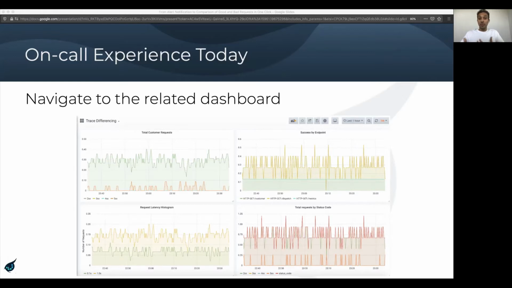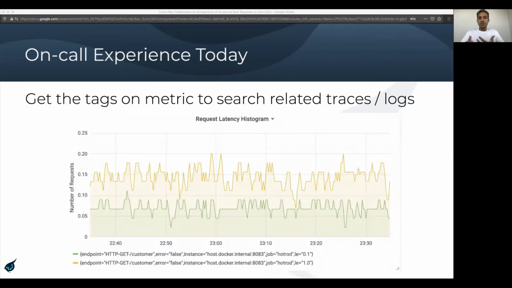Tracing could be useful here to resolve the issue. So the user probably wants to use traces or logs to debug further. Now, traces or logs need to be searched based off some tags, but the graphs themselves need to be easily readable. So to get to the actual tags on the metrics, you may need to go to a different view